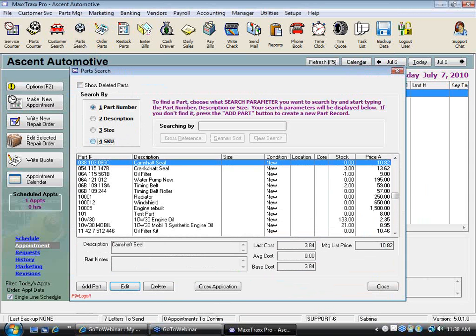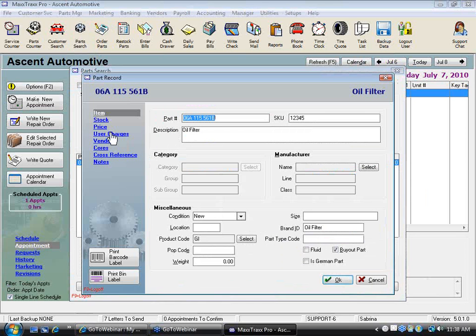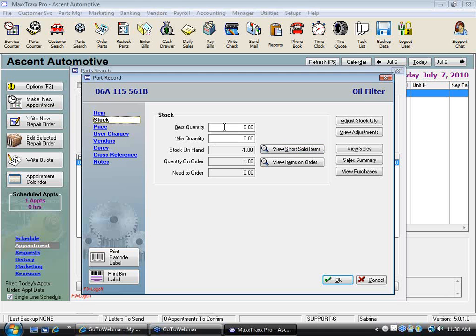The only difference between a stocking part and a non-stocking part is this. Which is a great segue. That's exactly where I was going to go next. If you have an amount in here, then it is a stocking part. If these are zeros, it's a non-stocking part, and they won't show up on any of your reorder reports, anything